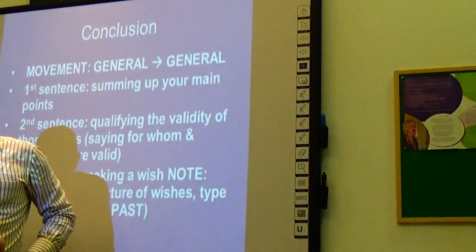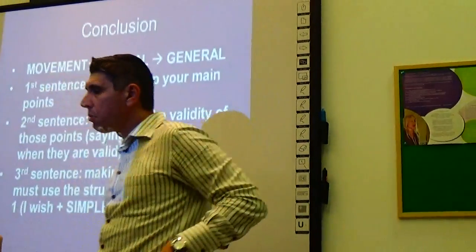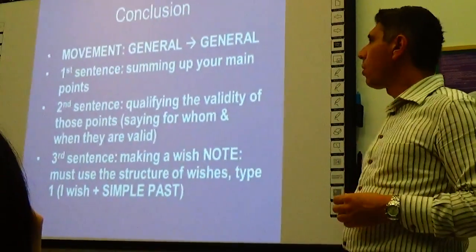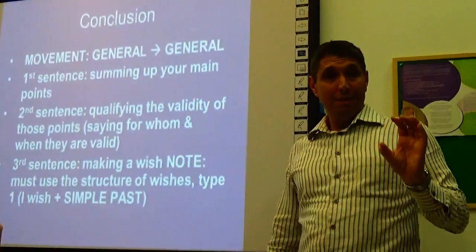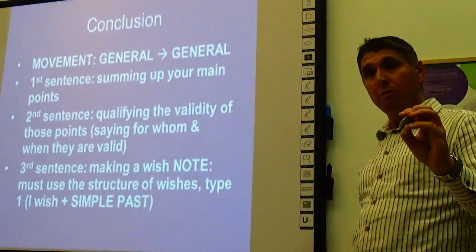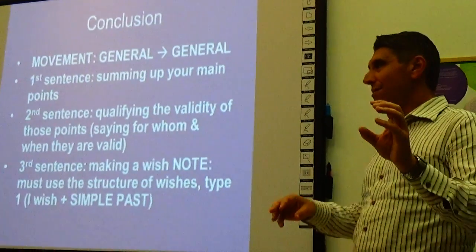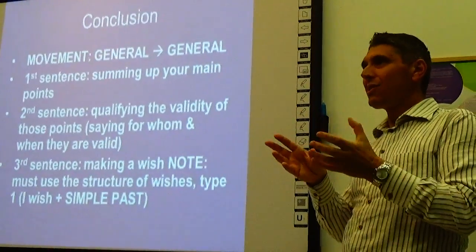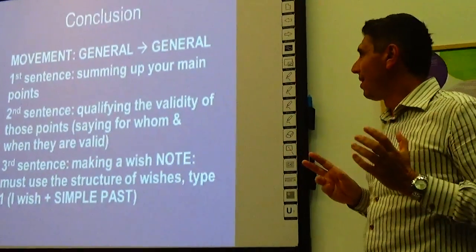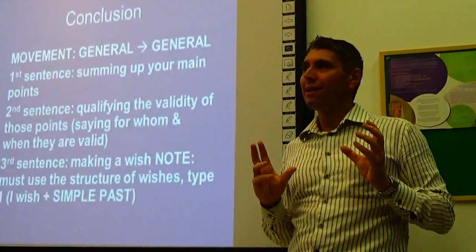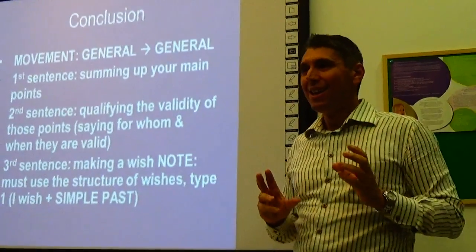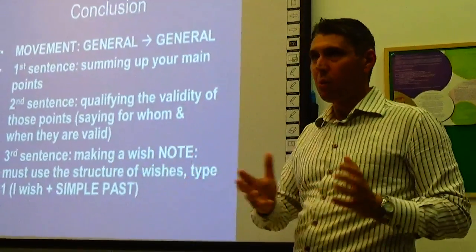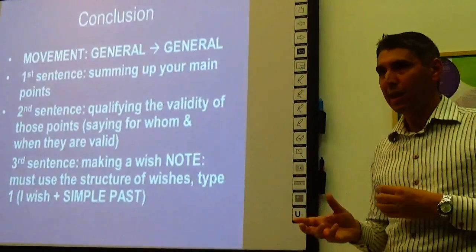Remember, after the 2 paragraphs or 3 paragraphs in the main body, then you come to the conclusion, which is the last paragraph in the whole essay. Now, in the conclusion, the movement of ideas is from the general, it still stays there. All the ideas in the conclusion are general ideas. There is no specific idea in the concluding paragraph. Okay, so it's not the same as the introductory paragraph or the main body, where you move from general ideas to specific ideas.